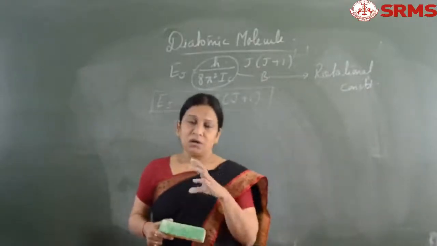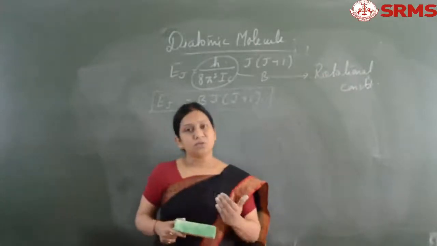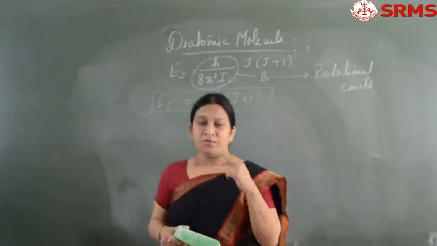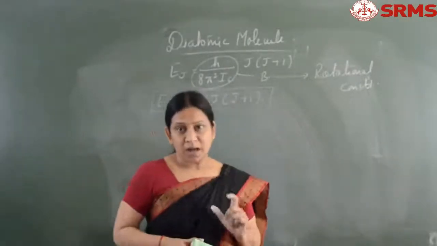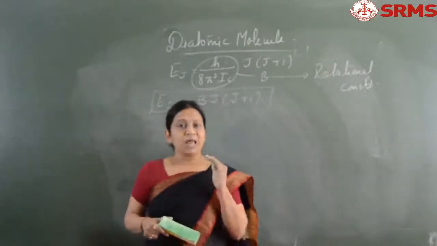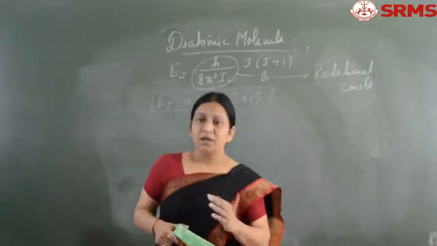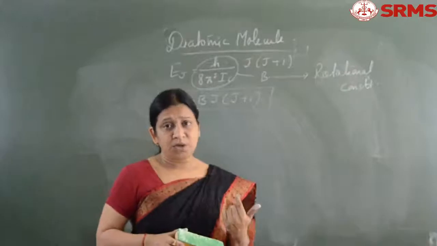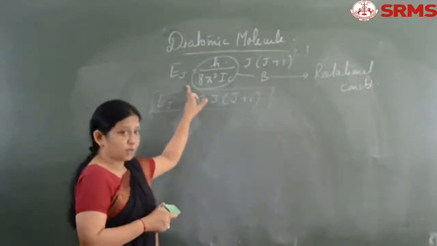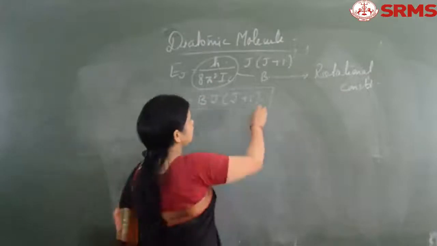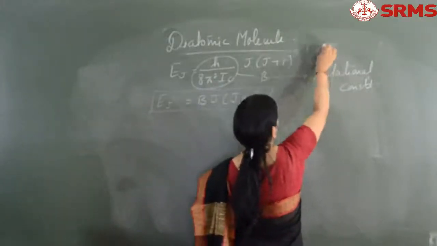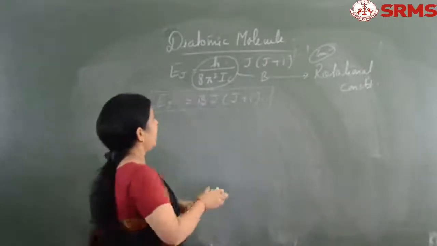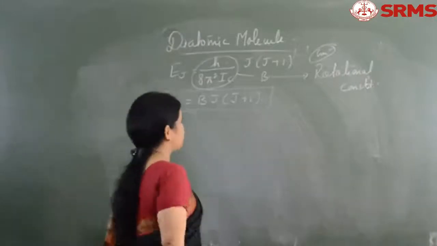Then the energy of the rotating molecule was given in terms of 1 by 2 I omega square. We multiplied and divided this equation by I. Then the equation of energy became L square over 2I. Then when we put the value of L in terms of J into this equation, we arrived at this equation, and here this equation is written in terms of centimeter inverse. To convert it into centimeter inverse, we divided it by hc. And then finally we arrived at this equation.